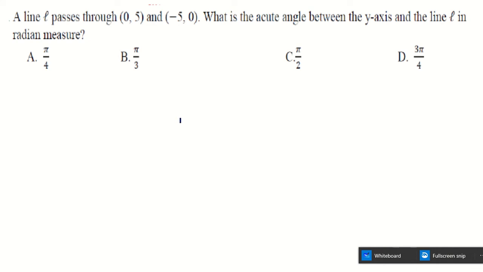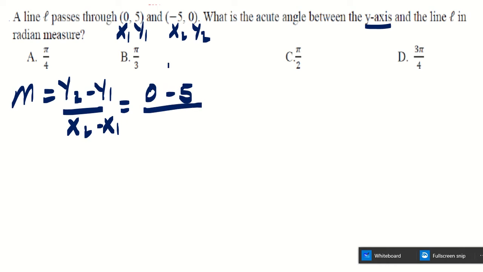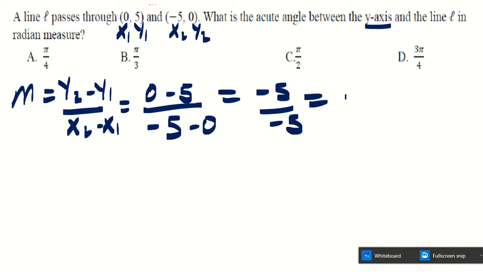If a line passes through (0, 5) and (negative 5, 0), what is the acute angle between the y-axis and the line L in radian measure? To do that, first of all, we have to find the slope of the line. The slope formula is y2 minus y1 over x2 minus x1. Taking the first point as x1, y1 and the second as x2, y2, y2 minus y1 is 0 minus 5, and x2 minus x1 is negative 5 minus 0. So it's negative 5 over negative 5, which is 1. This is the slope of the line, which means tan of